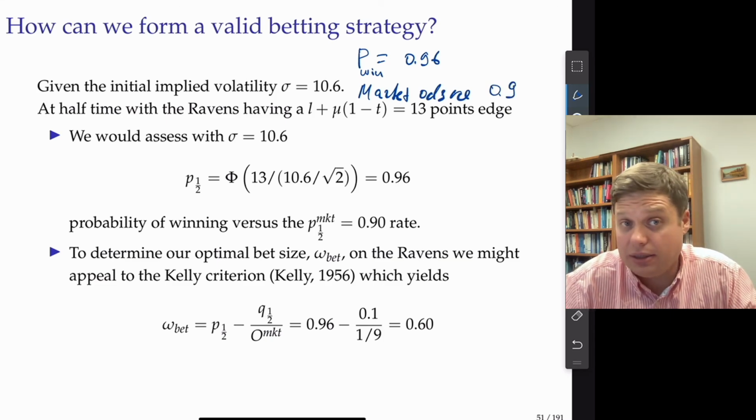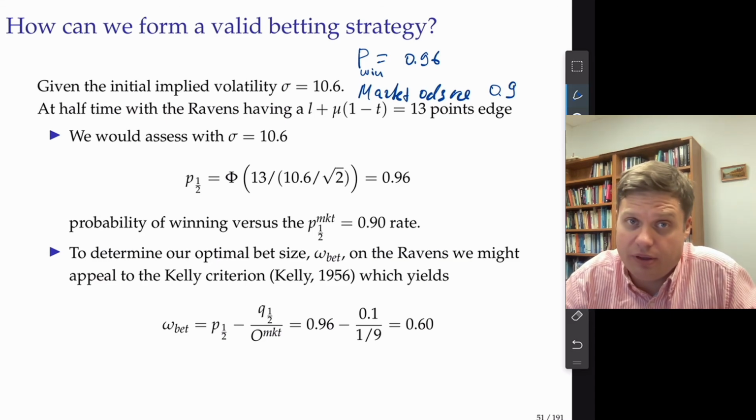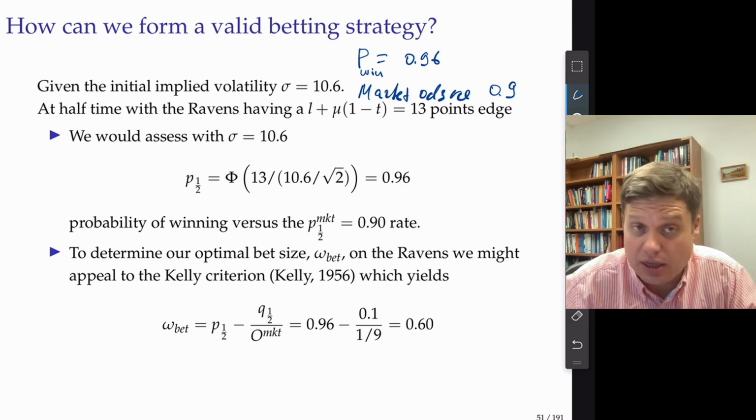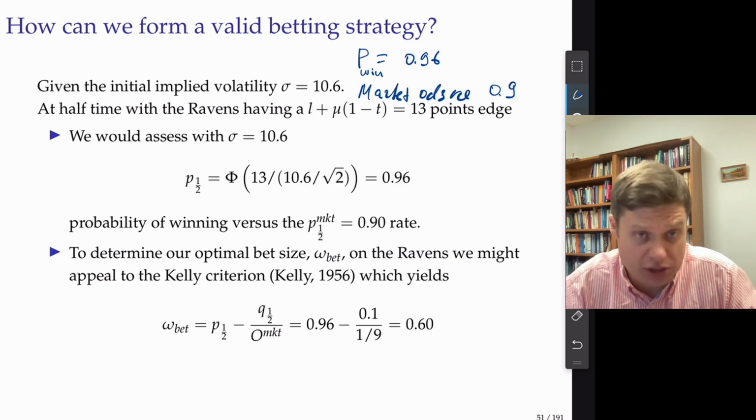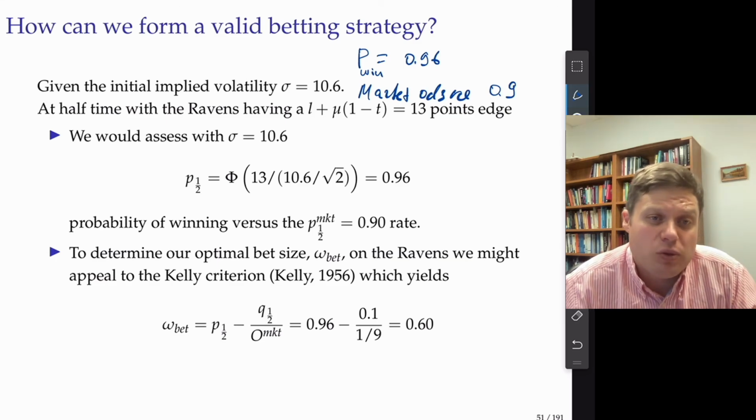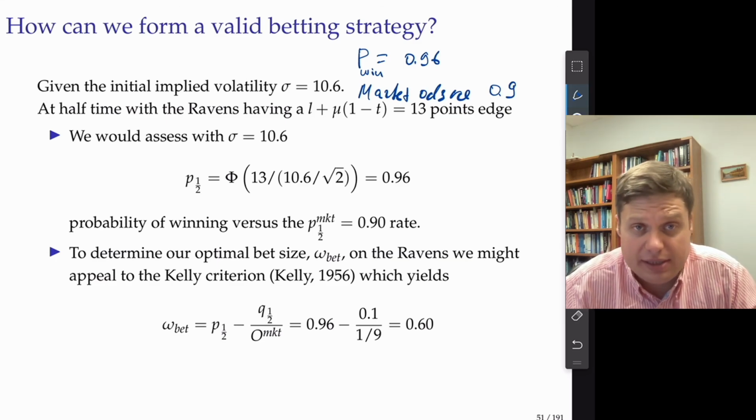So the market tells us that we will pay you according to the 0.9 odds, and you know that the probability of winning is 0.96. So you know the odds are in your favor, and you actually should bet. But what size of the bet you should place, given this market odds and given this probability of the win,